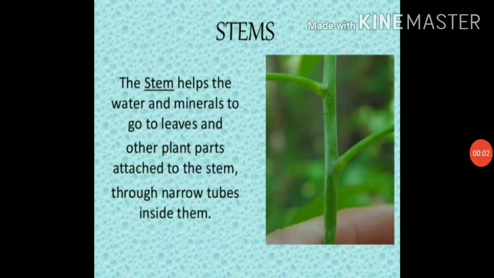So students, let's start our next topic, that is stems. Now stem is also the part of a shoot system. Now what is stem? The main body or stalk of a plant that grows above the ground is called stem. We can also say that the stem of a plant is a link between the roots and the leaves and